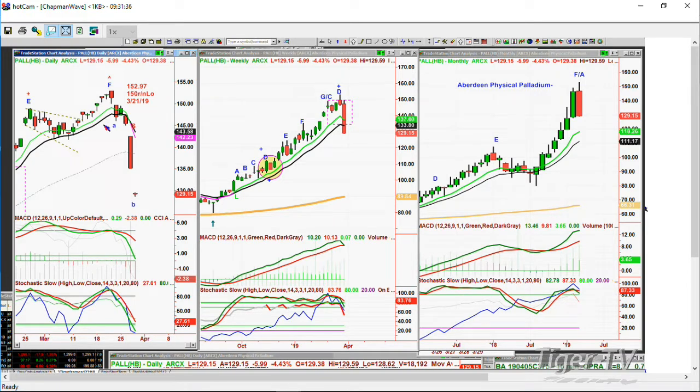So it pulls back. You don't know that it's going to collapse because the stochastic was still very strong. The MACD, the moving average, was failing. It had a deflection lower. And then all of a sudden, yesterday, it gaps down sharply. One of the biggest moves it's had. Well, the biggest point move that it's ever had, I think. And then, not a percentage, but point. And then today gaps down again. And it's trading at the low right now of